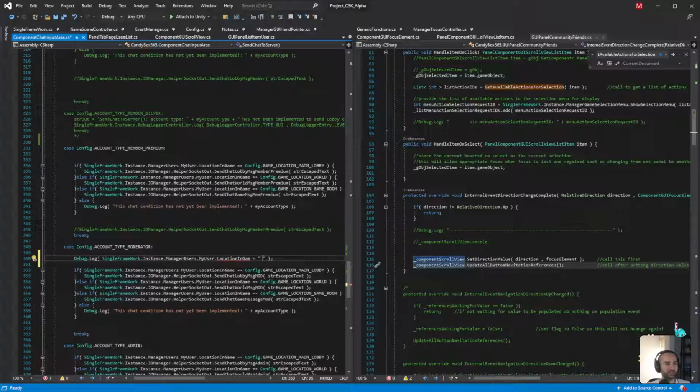I want the location in game, and then the account type. Sure, let's go with the account type. So we'll go with location in game, account type. Let's add a bit of a separator.